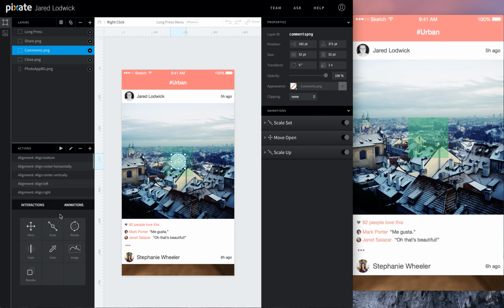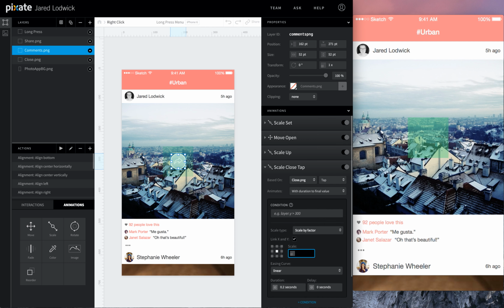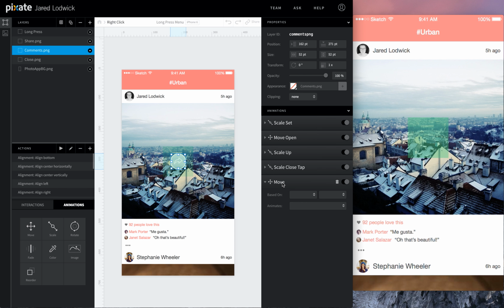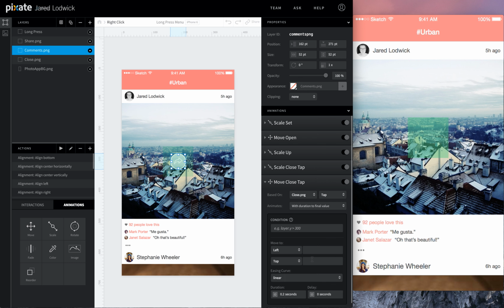Let's add a scale animation and a move animation. Name this scale close tap. Tell it to go to 0. And then move close tap when close is tapped. And we'll tell it to go to its current position, back at 162 and 271.